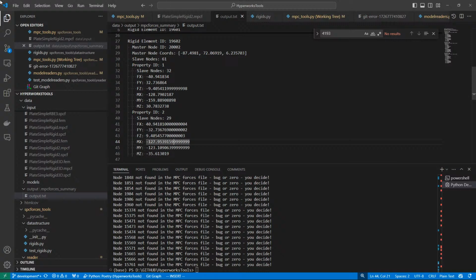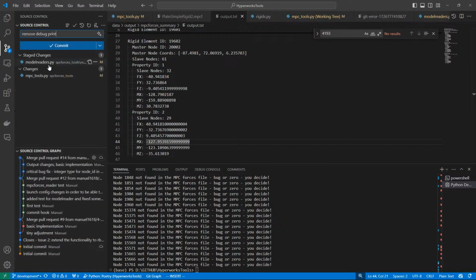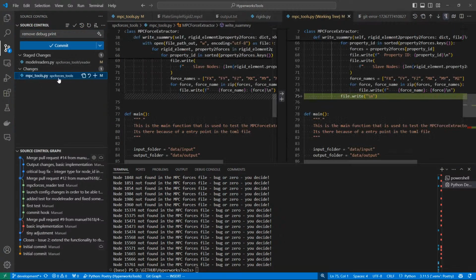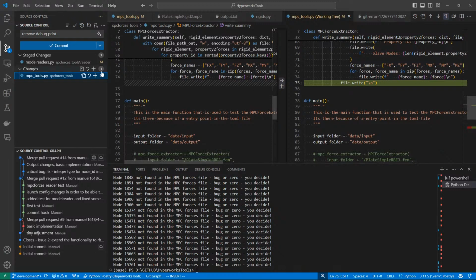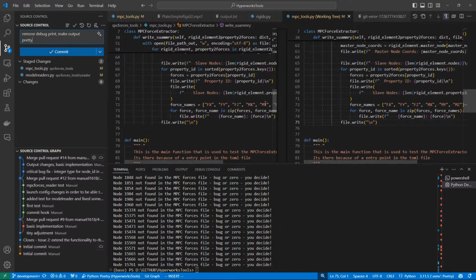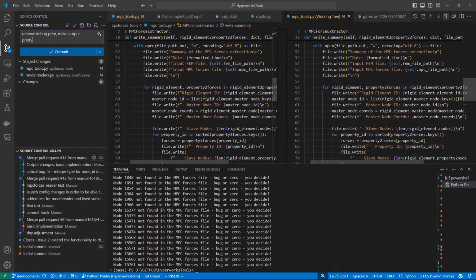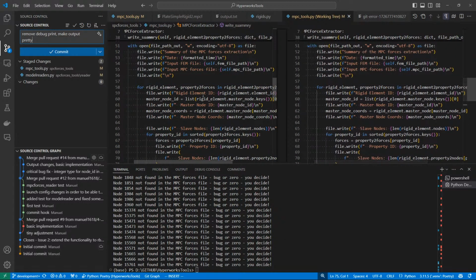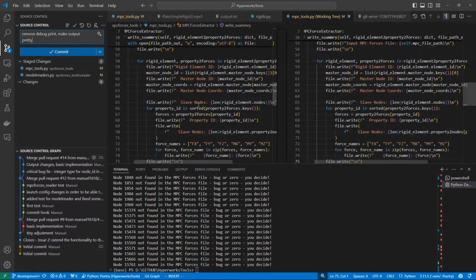Yeah, come on. Okay, so first of all, let's commit what we already had. So the MPC tools, this is just pretty print. Remove debug print and make output more pretty. But if that's the case, we can definitely do a little bit more. Actually, I should go to bed, but